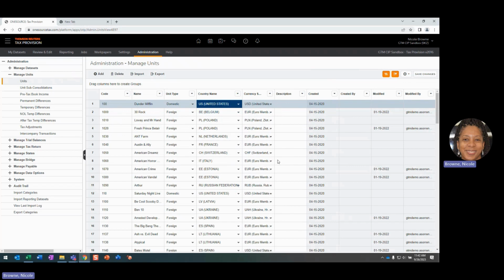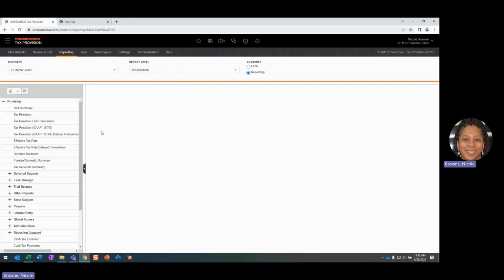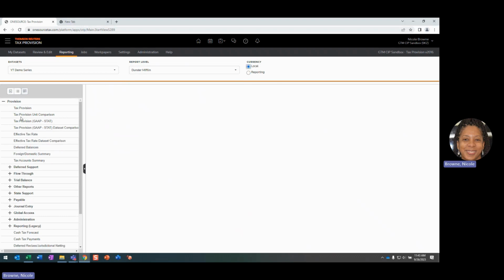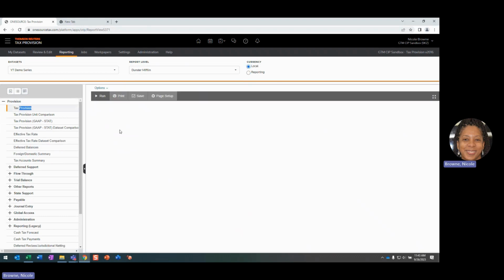A lot of times you'll set these things up and you're not quite sure where this information is being used. So your currency is what you will see for your entities that are created in local currency. So when you're running your reports and you select an entity to run your reports on, I'm going to go ahead and select my favorite, Dunder Mifflin, which is the one I've been using in my series. And if I run the report,